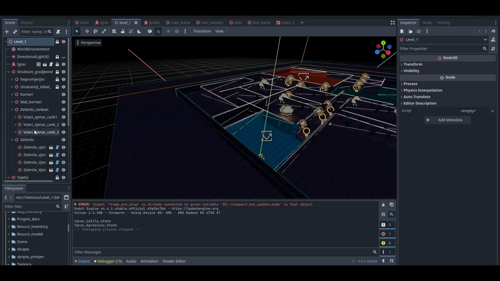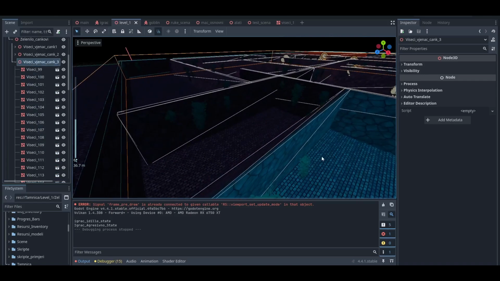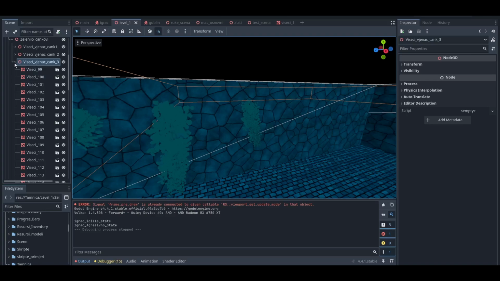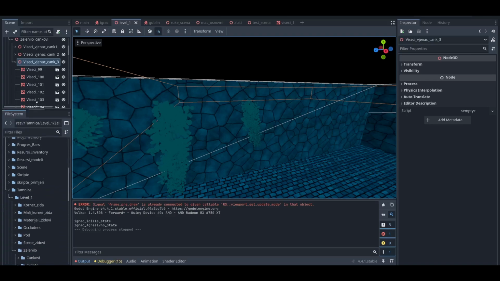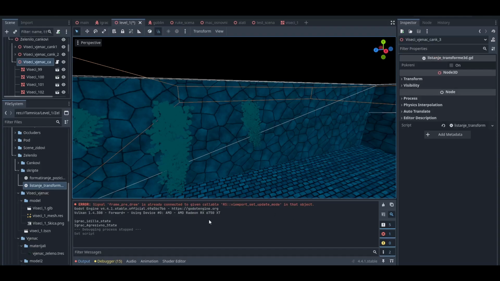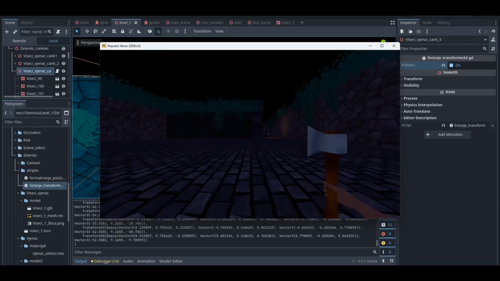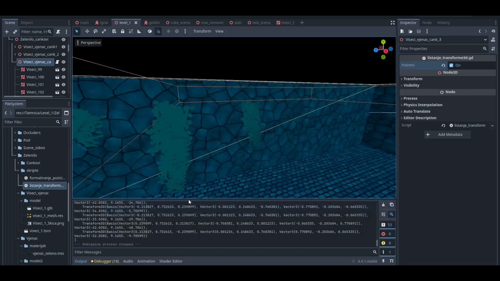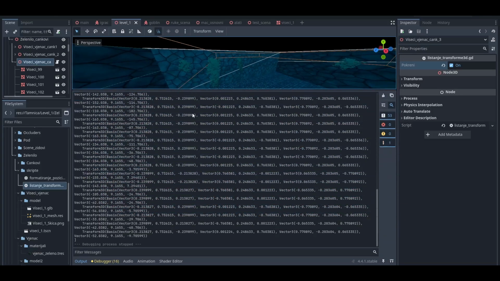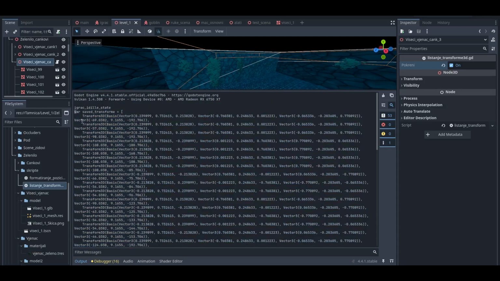So I made a script that, if I put a lot of meshes in one 3D node, like this is all the meshes for this hanging greenery, and I attach that script to the parent node, when I run the game, it will list all the transformations of its children, and it will take that raw string data and make a perfect array, a perfect list. And I can just copy this list